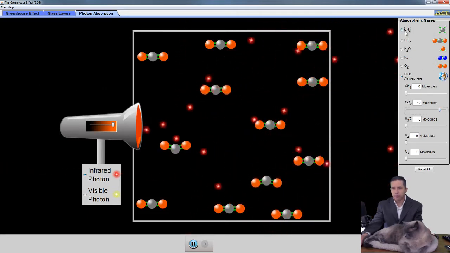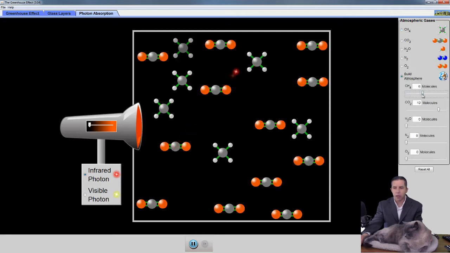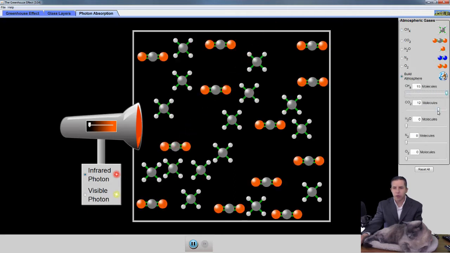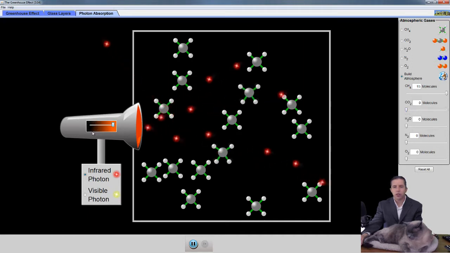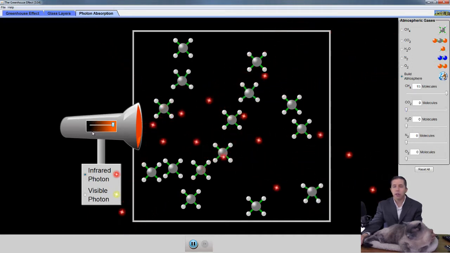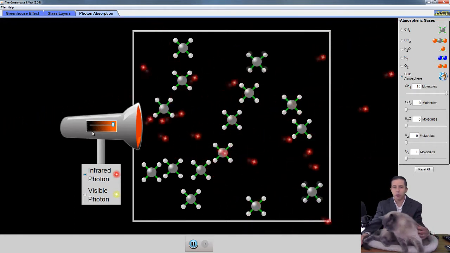Methane. Methane is CH4, carbon with 4 hydrogens. So I'm going to go back here and make an atmosphere with methane. And as I shoot the methane with the long wave radiation, you can see it also gets partly absorbed and